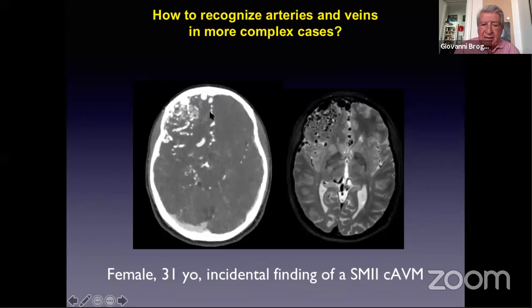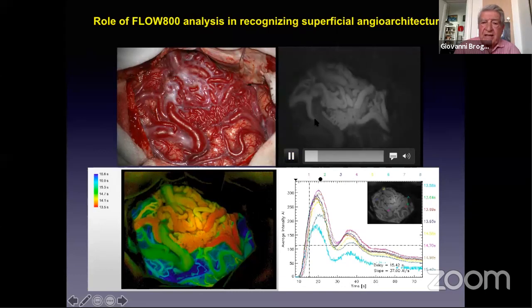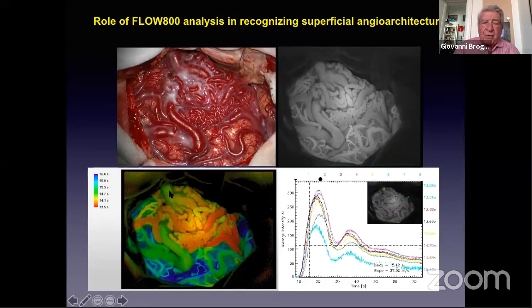Another, and this was a very simple case. What about a much more complex case? You see here, you cannot see visually on the microscope which are the feeders, which are the drainage. And if you do the ICG, you can really appreciate the temporal difference. But that stays in your eyes. You cannot discuss it with your assistant, you cannot discuss it with yourself. If you have this kind of a FLOW 800,